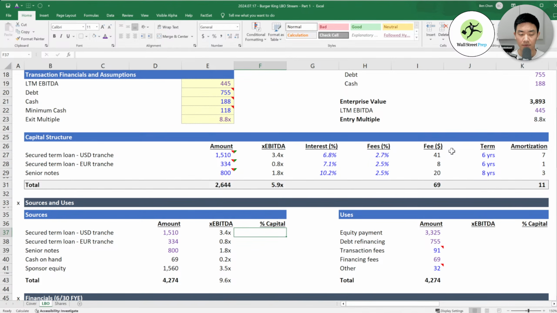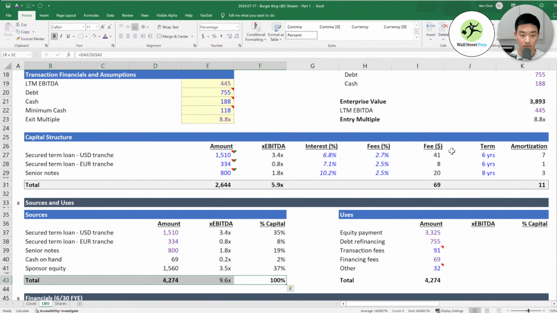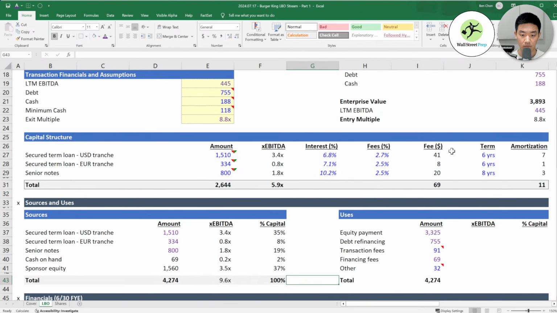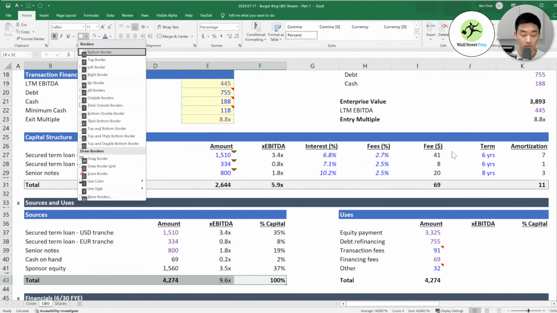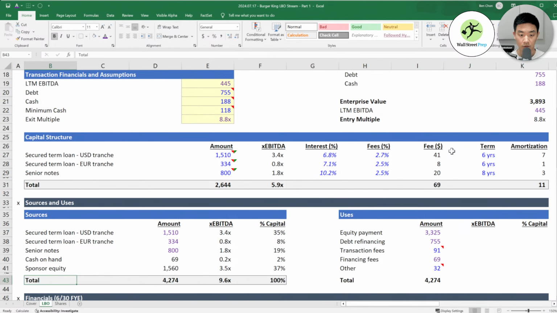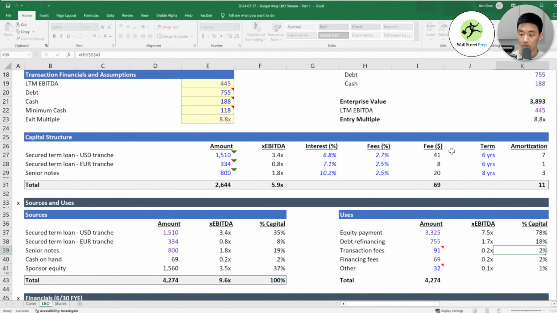And then percent capital, we didn't fill this out either, which is the amount divided by whatever you're looking at. Okay, we want the same thing here. And then percent capital, we want to move this there.